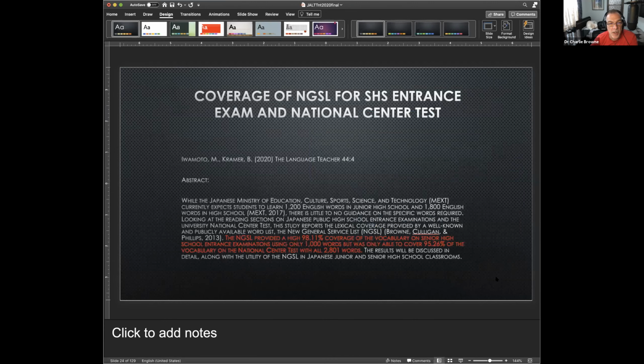Okay, this is an article that came out in JALT's The Language Teacher just a few months ago by Kramer and Iwamoto. What they did is they looked at coverage of the NGSL for senior high school entrance exams and also the National Center test. And they found that on senior high school entrance exams,